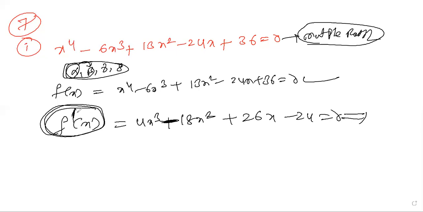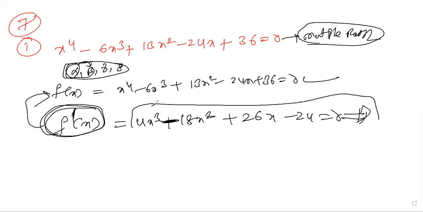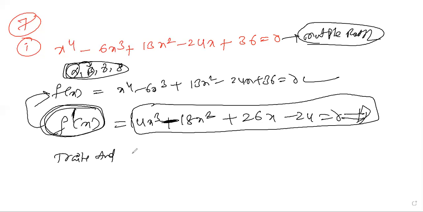F dash of x has one root in common with f of x also. Let us take how to solve this third order equation. How did we solve previously, without any condition? We have to go for the trial and error method. There we did not use S1, S2, S3 here. Why should we not use S1, S2, S3? Only if they mention a condition do you use S1, S2, S3. Did they mention it?